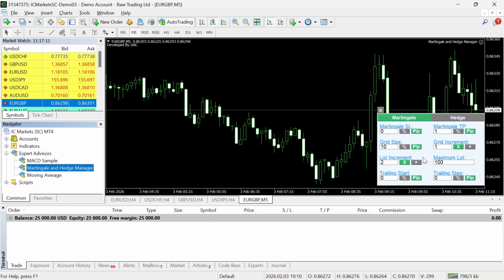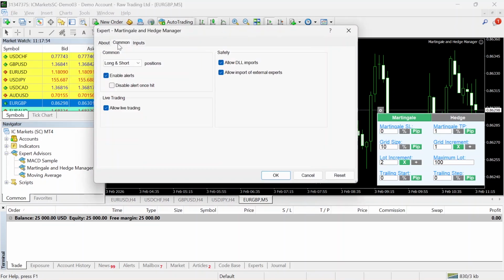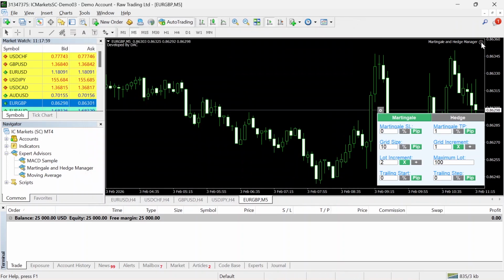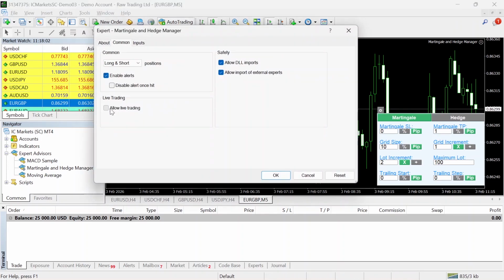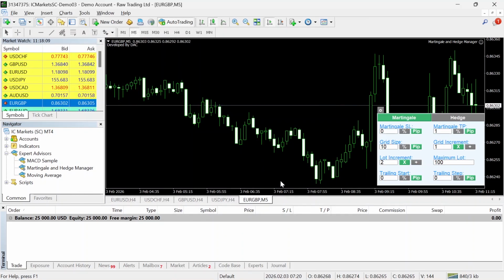So this is my EA. After doing this, if you realize that this emoji is not smiling, that is simply because you did not turn on auto trading. So make sure it is turned on. You can see it is now frowning, so make sure it is turned on. Also make sure that this is turned on. Let's assume we do not turn it on, so you can see it is still frowning. So both this and this must be turned on for it to smile, and once it is smiling, that means it is ready to